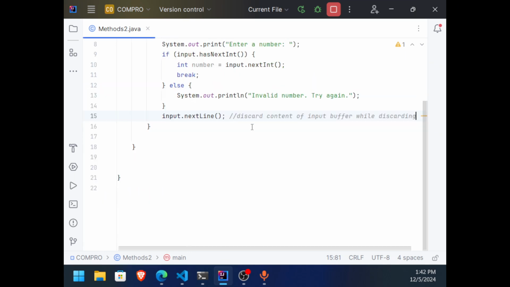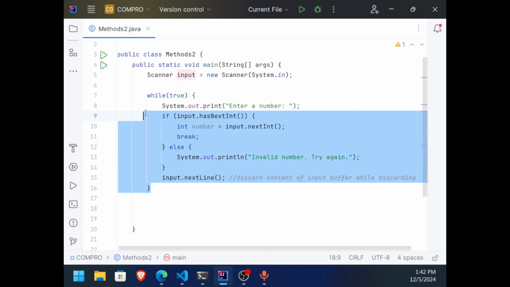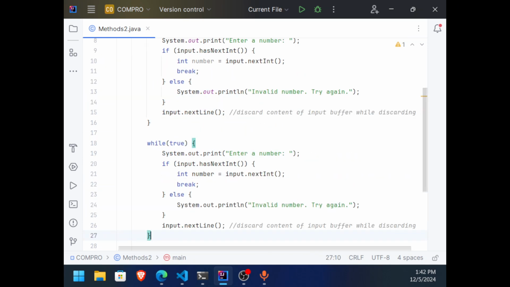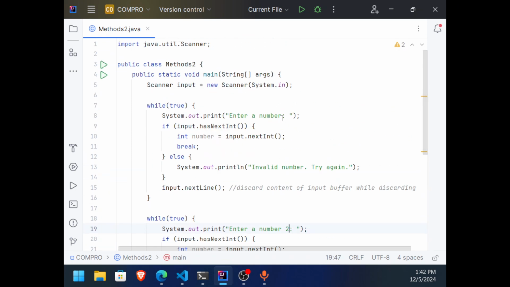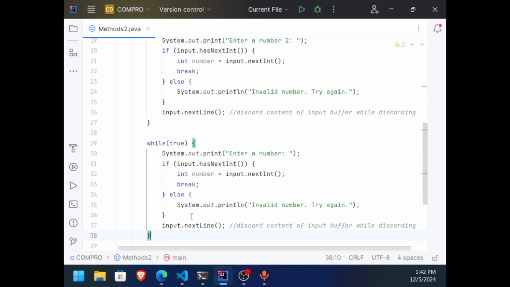Now, imagine I want to get another number here. What will we be doing if I have another number here? For example, this is number 2, and this is number 1. And then imagine I need another number, say for number 3.